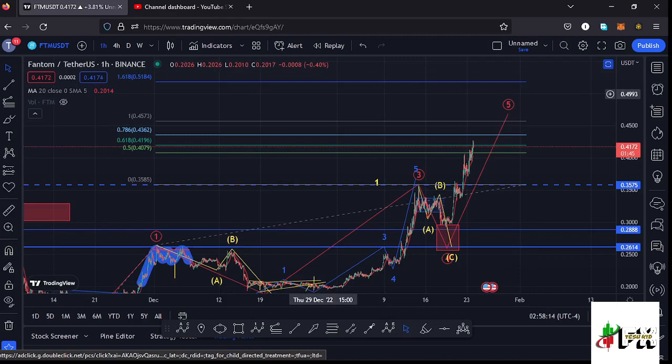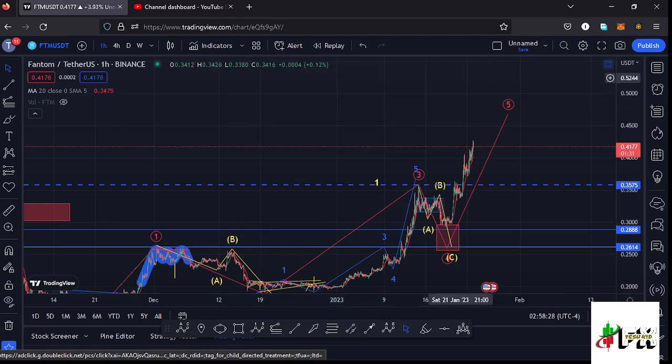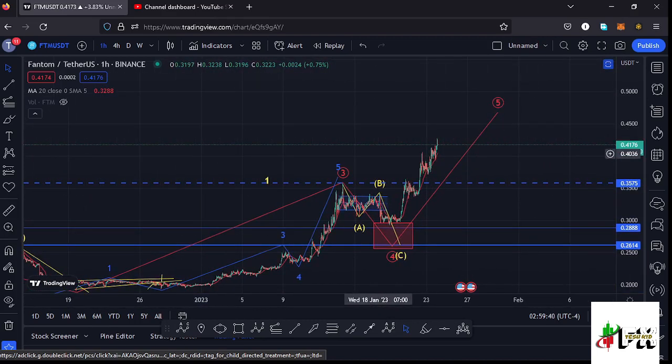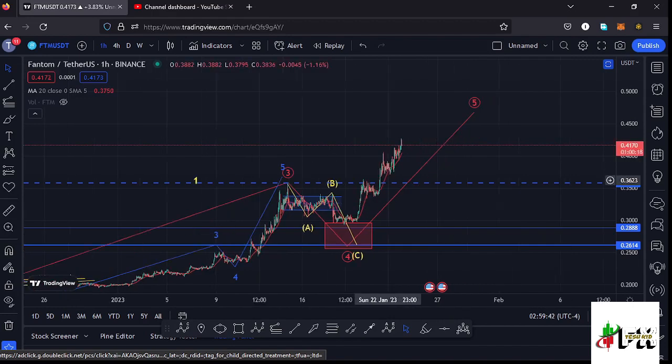So I'm giving you my next target area here on the Fantom chart in the formation of this wave 5 to the upside at the fib level 1.618, which perfectly lies at around the $0.5184 mark. And in the formation of that wave 5, I'm also expecting to see a 5-wave structure in formation, because a wave 5 to the upside is an impulsive wave, and because of its impulsive nature, I'm expecting to see a